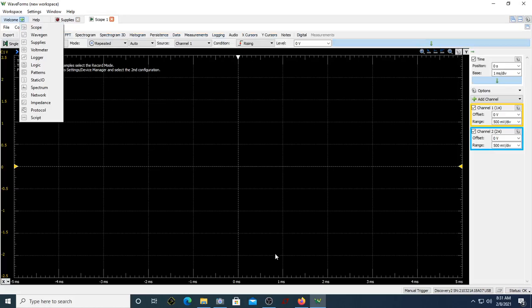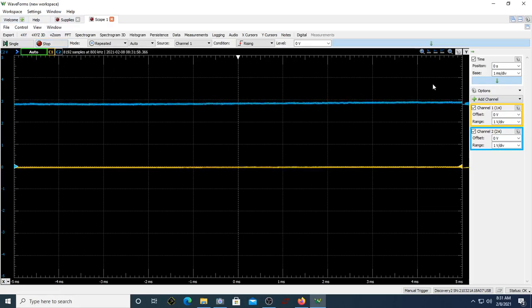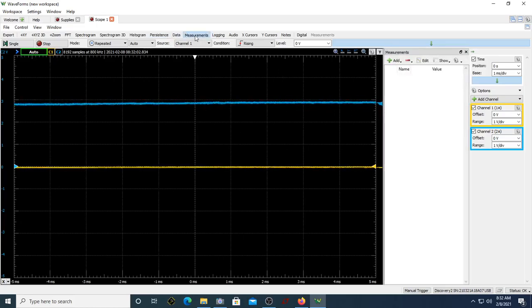These are the minimum adjustments you have to think of, because my supply voltage is maximum 5 volt. You can adjust the volts per division of this as 1 volt per division, so that you can get up to 5 volt. This can also be 1 volt per division, so that you don't have any issues there. Now you can see it is 1 volt per division. If I run, you are almost getting close to 3 volt that you are able to measure here.